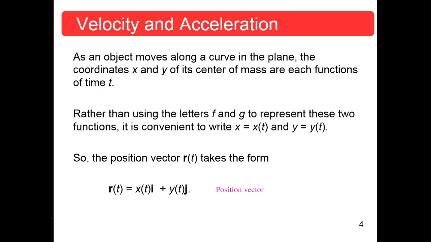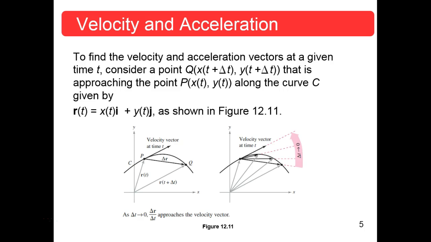I've been wondering why they haven't done that all along. So the position vector r of t takes the form x of t i plus y of t j. Okay? We could have been doing that all along, but they were doing f's and g's, which are fine. No reason not to. To find the velocity and acceleration vectors at a given time t, consider,